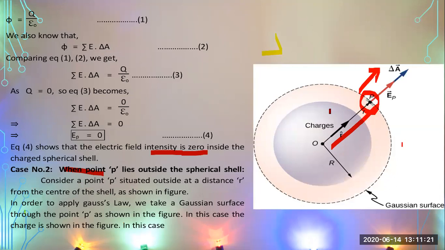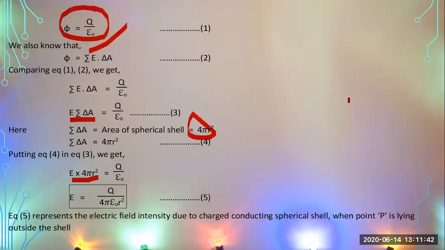The same conditions we have applied to calculate the electric flux in the case of a closed surface, the same applications are here, but we are applying the condition which we were supposed to consider in this case. And you have seen that you calculated electric intensity by using Gauss's law, and after application of Gauss's law, the electric intensity is equal to Q divided by 4 pi epsilon naught.